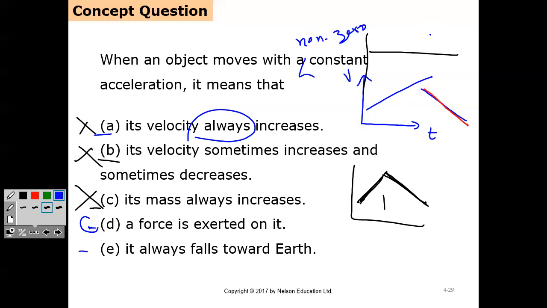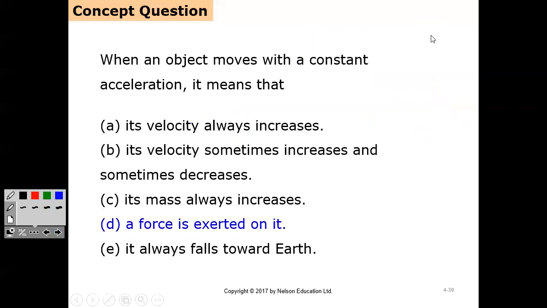Okay, E: it is always falling towards the earth? No, that is one example. Always makes it wrong. When something is falling towards the earth, it has a constant acceleration, but is it the only one? No. There can be other cases where it has constant acceleration. Of which velocity? Okay. Constant acceleration means